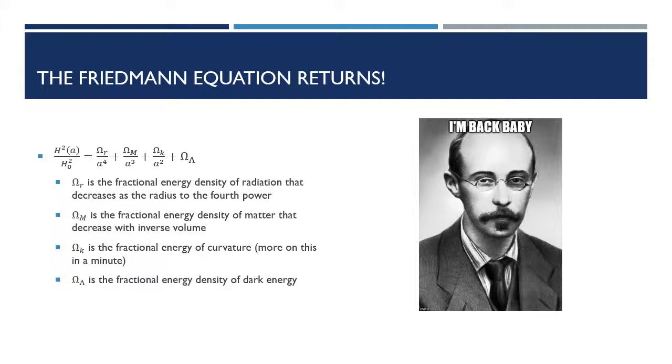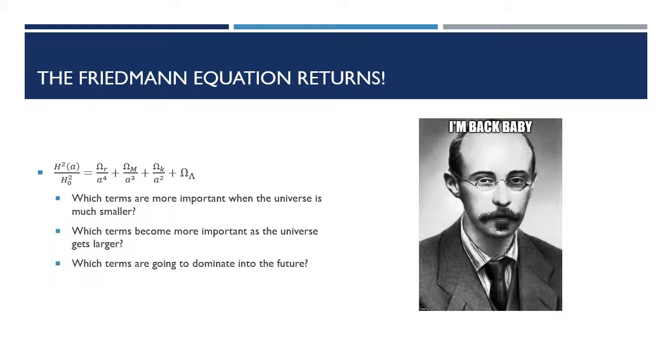The next term we're going to look at, that's an important term, which is one of the reasons why some cosmologists proposed, even before we had discovered evidence for dark energy, is that the overall curvature of the universe is something that's very interesting. So we'll come back to that. But then, of course, the last term would be the fractional energy density of dark energy, which is just constant. So the impact that that has on the expansion rate of the universe would be constant.